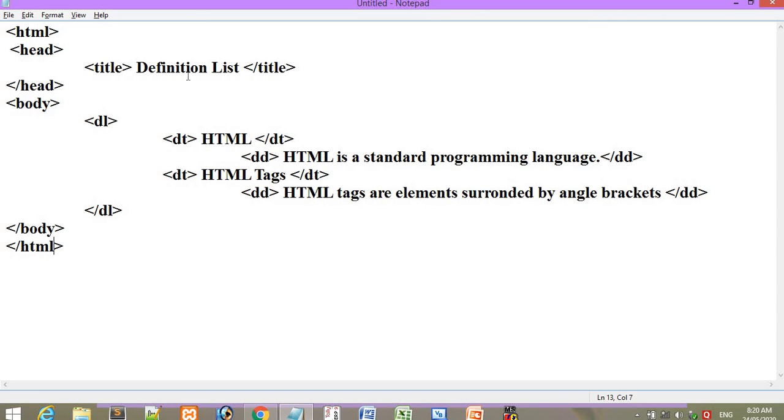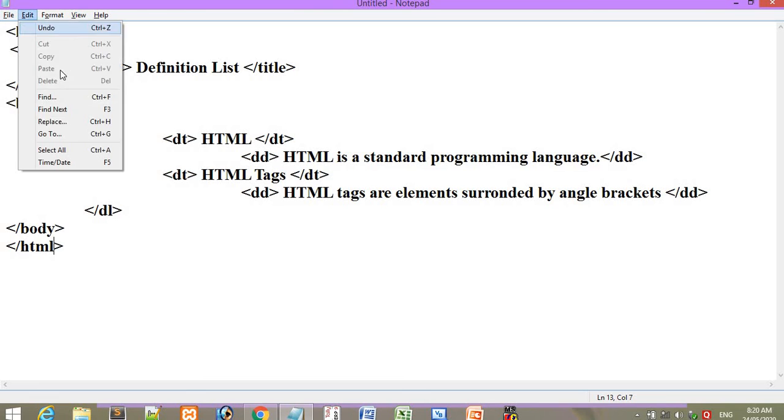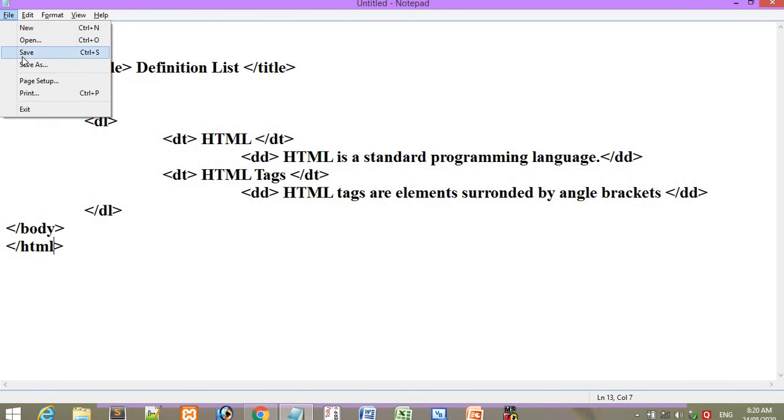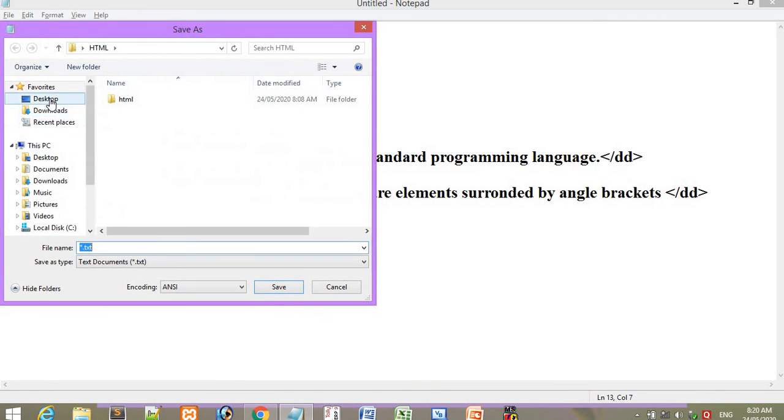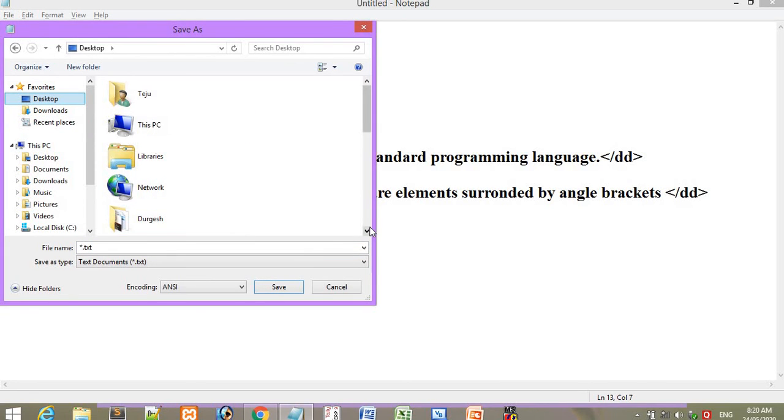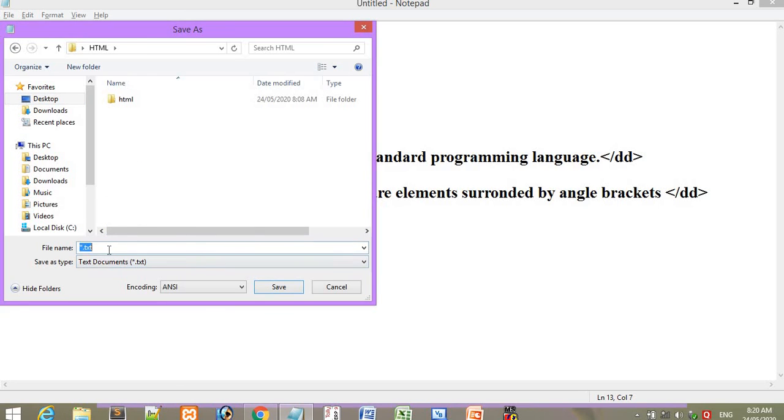Now I have to save the program. Just go on File, click on Save, and select Desktop. In Desktop select the folder called HTML, and give the program a similar name, definition list, with the extension .html, and click on Save.